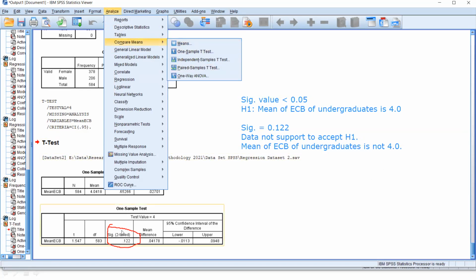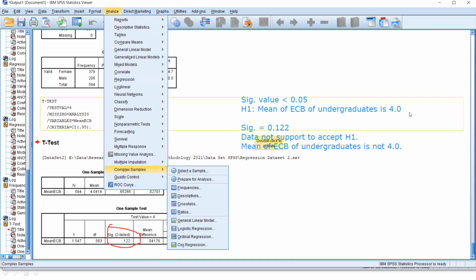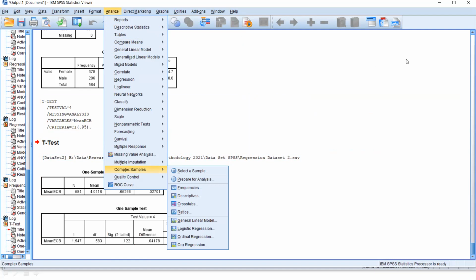Now remember, the sig value is the cutoff point. If the sig value is less than 0.05, we can accept our hypothesis. But if the sig value is greater than 0.05, there is no evidence to support our H1, our hypothesis. Okay, so that's the first thing.